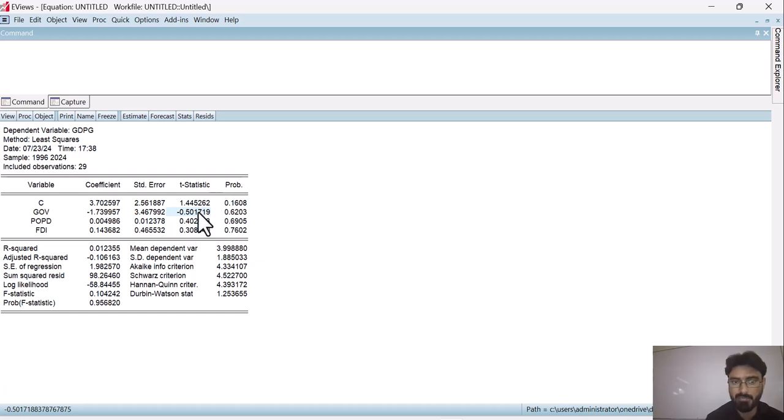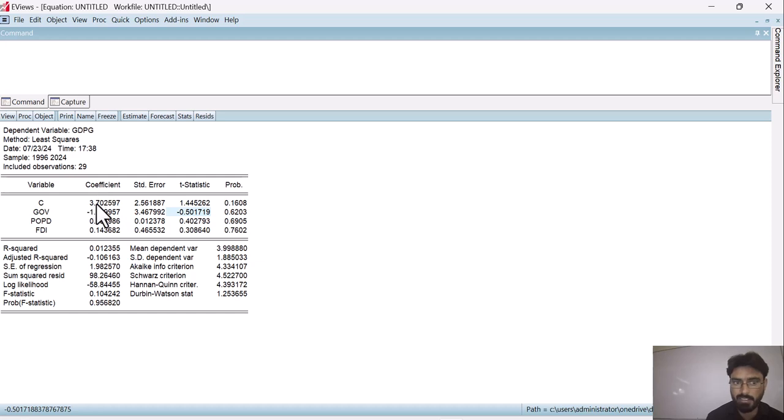The higher the t-value, the lower will be the p-value. They both show the same thing, the significance of the variable, but they move in opposite directions. When the t-value becomes higher and higher, the probability value becomes lower and lower. We can calculate the t-value by dividing the coefficient by the standard error.